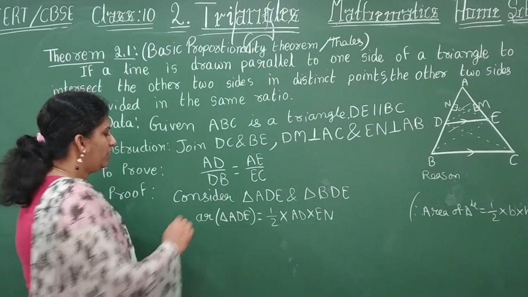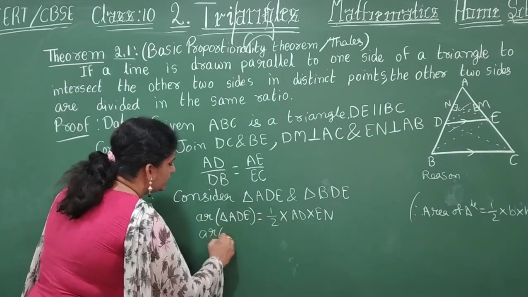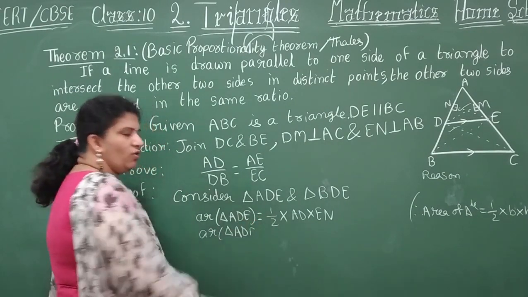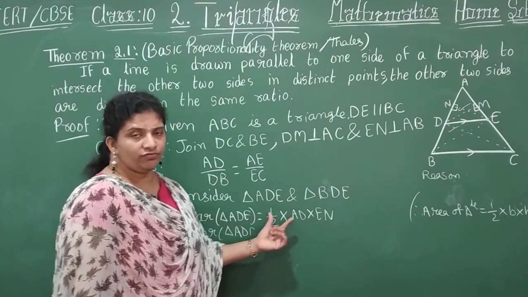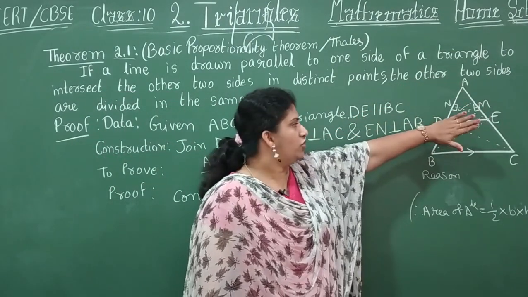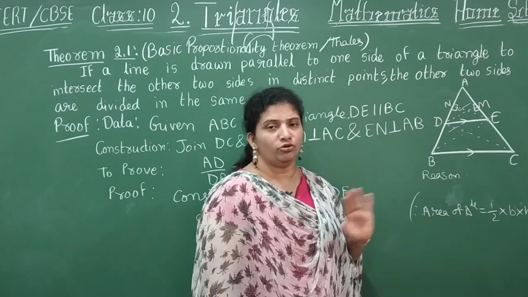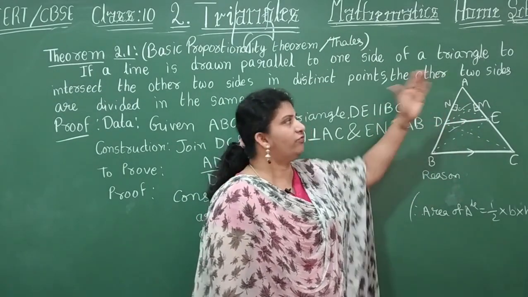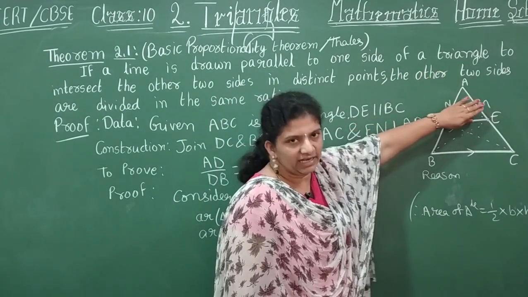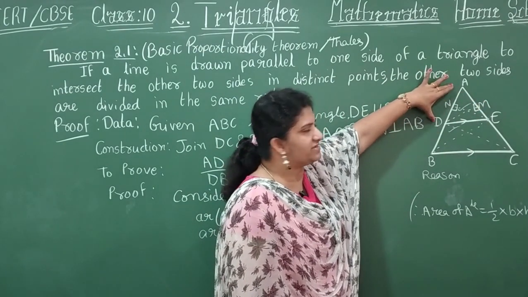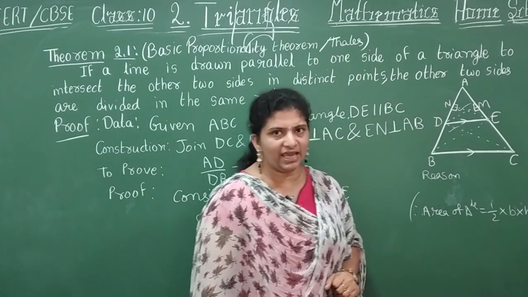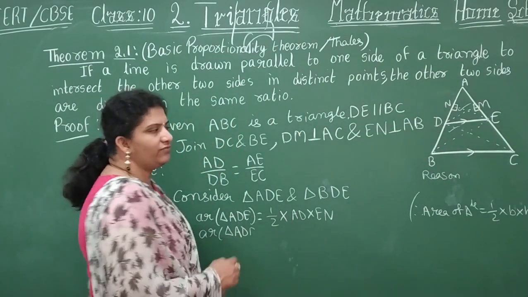So now, area of triangle ADE is completed. Once again look here, half into base into height. Where is the base of ADE, children? You feel it is DE? No, don't take this one, right? You look from this side onwards. This is your base. Area of triangle ADE is half into base AD. On this line, what is the perpendicular? You have EN, right? So that is what I have written here.